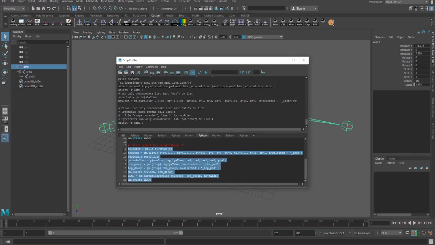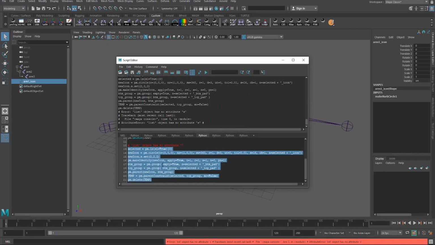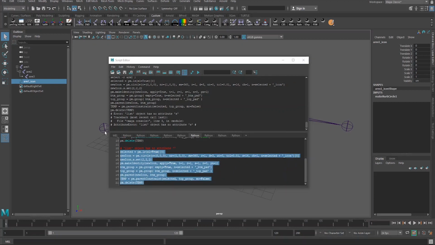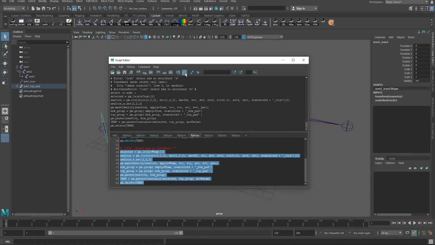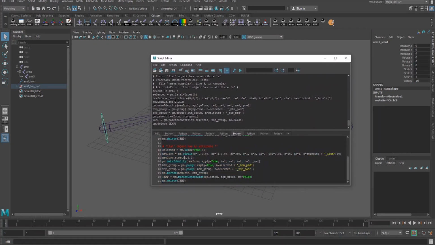So if I run this, there's our error. So we have to do the exact same thing. Put the bracket 0 at the end, and then we run this. Everything works great. So even if you're using the newer PyMel code, you could run into different errors, but the overall meaning could be the same. So just keep that in mind,